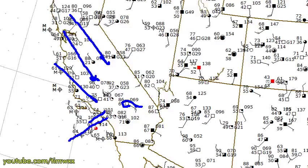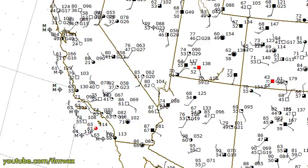So I'm probably going to want to put that front somewhere maybe here. It's very difficult to find, so maybe I might go with something like that right there. So that's a little introductory lesson on where to find the fronts, and we're going to have to get familiar with that as we get into